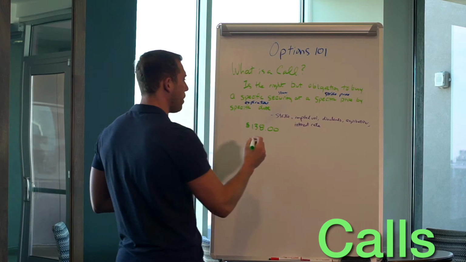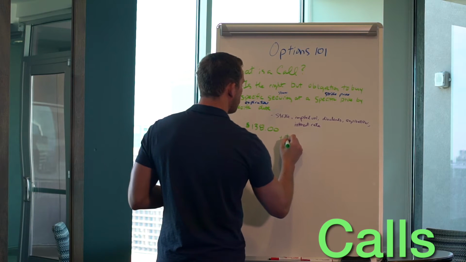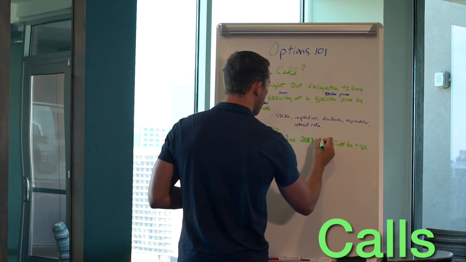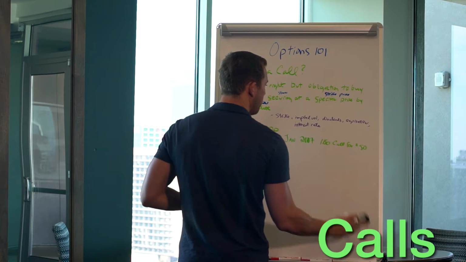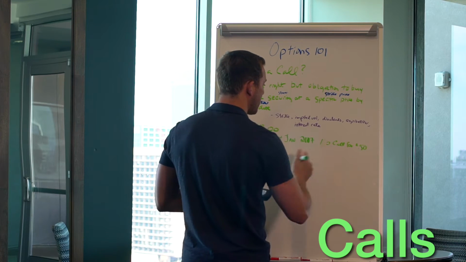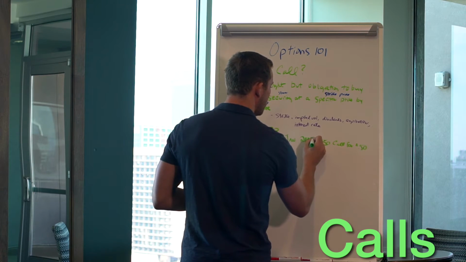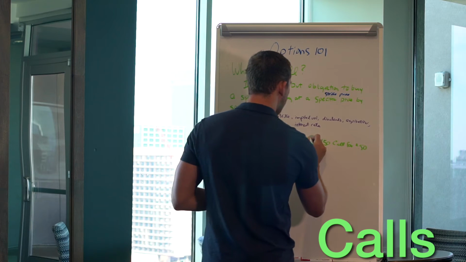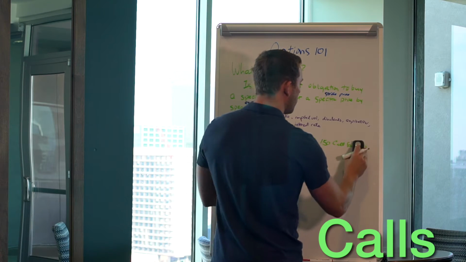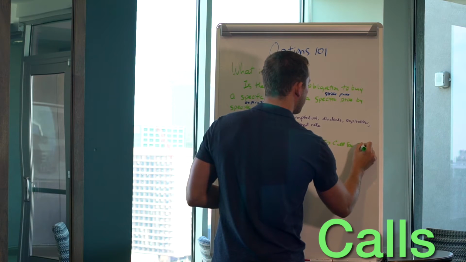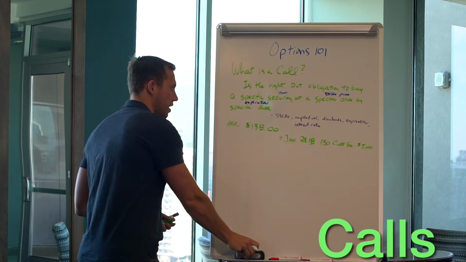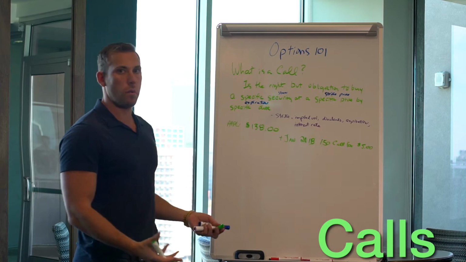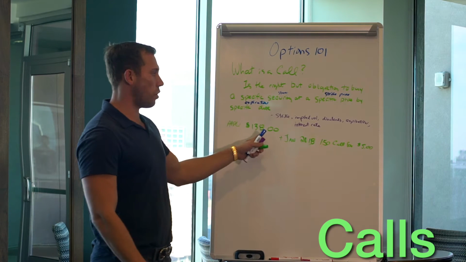So what you could do is buy the January, and I'm just making up these prices right now, 2017. Here, you have the right, but not obligation, to buy a specific stock, which is Apple, between now and January for, let's call it, $5. Let's look at the breakdown. You get to buy Apple at 150, but you're paying $5 for that, right? And then you say to yourself, well, why would I buy Apple for 150 if it's only trading at 138?